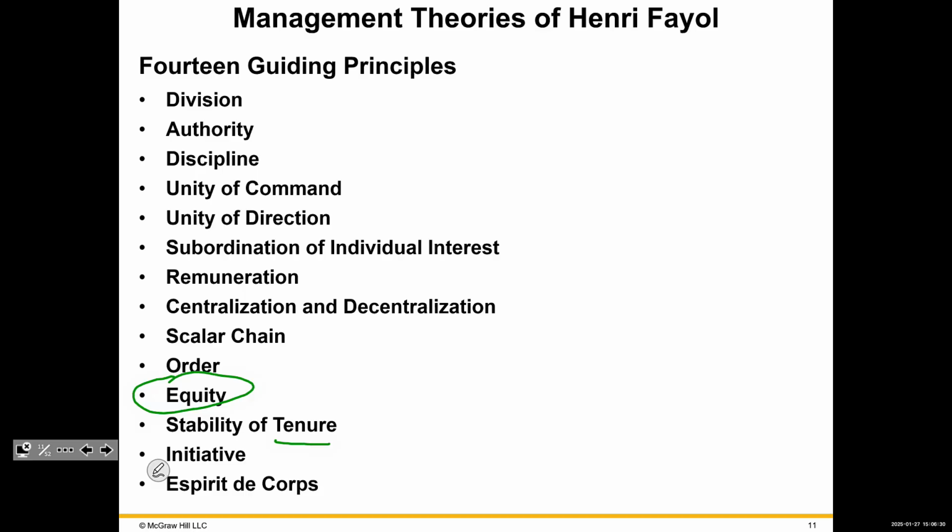Stability of tenure, we usually see that with organizations like, for example, IUP here, where we're unionized. That usually comes around unions or collective bargaining. It doesn't matter how good or bad you do your job, tenure matters. If you're at the top of the seniority, bingo, you're on top of the food chain. Unity of command and unity of direction, I think, is where most businesses do well.